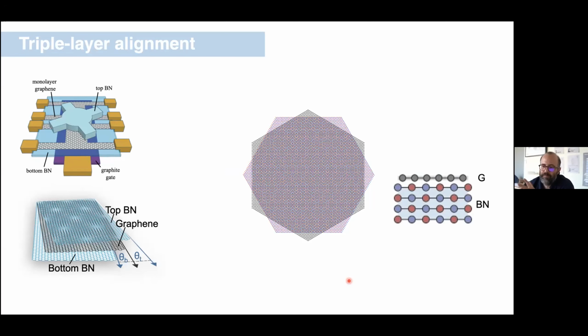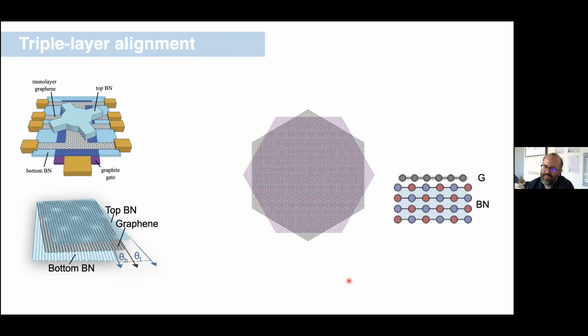But the lattices are not matched, they're mismatched. So an argument was made early on that if you put graphene on BN, over the whole area of the device, in some cases the A sublattice is seeing boron, in some cases it's seeing nitrogen. If you integrate the whole structure, there is no sublattice symmetry breaking term. Therefore, you should not see a gap. So then eventually we measure the devices and see a gap. So where does the gap come from?